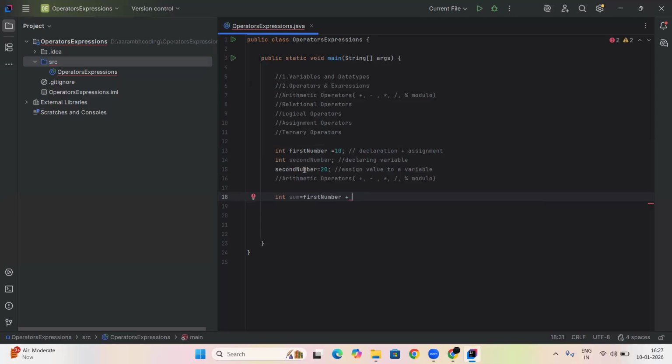Now secondNumber is highlighted when I use it. So IntelliJ is keeping track of what variables you have declared and what you are assigning. Here again, sum is grayed out. As soon as I use it,